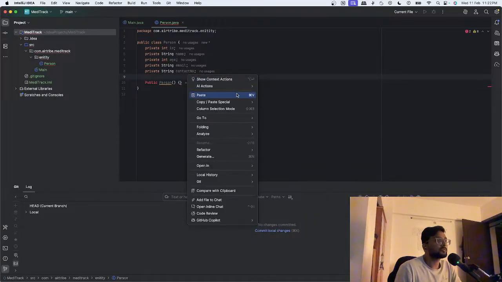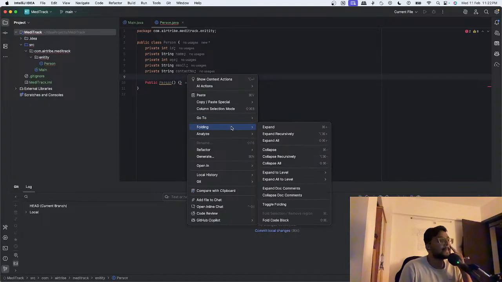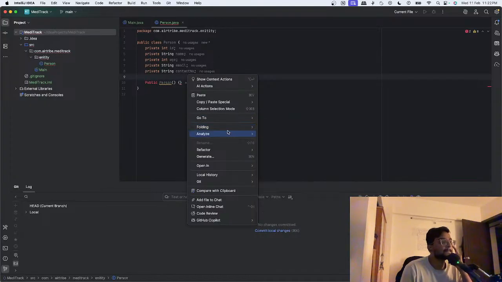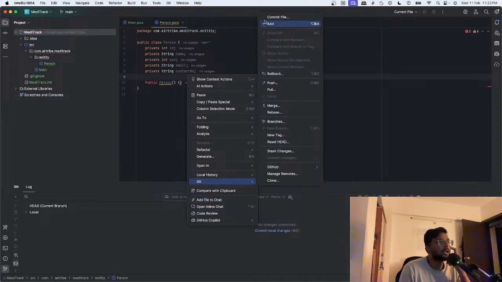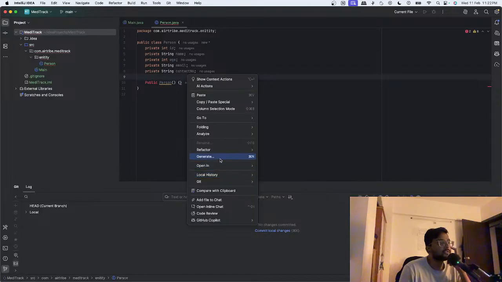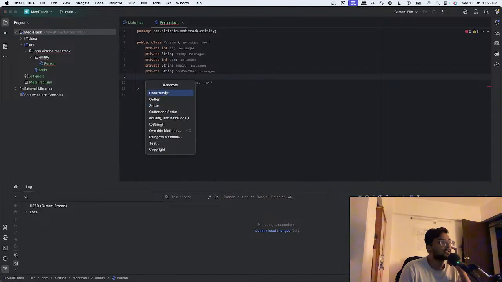Add your prompts, paste, go to my teacher used to use something, GitHub Copilot, open chat, add files, open and generate, yeah, generate